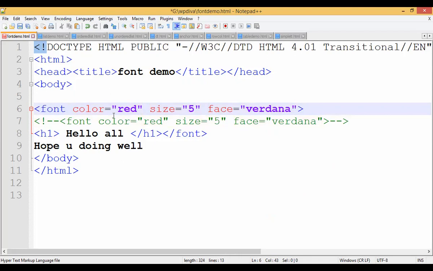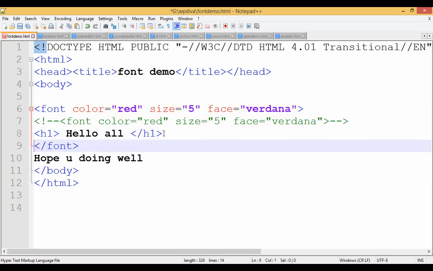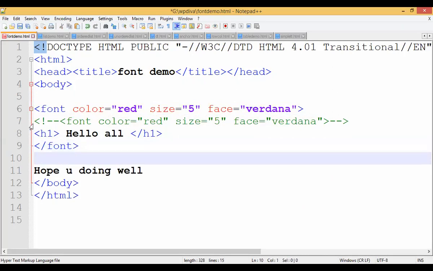So after putting the closing bracket on the font tag, I'm taking H1. H1 is what? Heading 1. I'm applying heading 1 for hello all. I'm taking that in the H1 tag. I'm using the H1 element tag. And this is applied to hello all only because I'm closing the H1 tag here. Clear to you? Now, after that, I'm closing the font tag here. Now, what it means, whatever I take inside the font tag, for that text only, these properties are applicable.